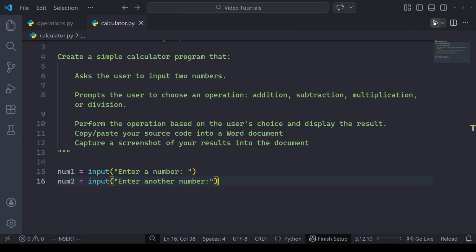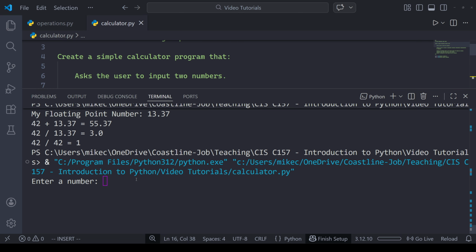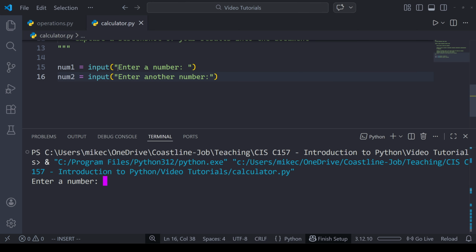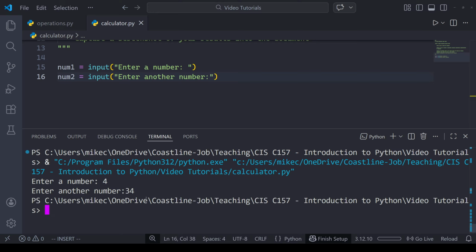So let me run what this looks like right now. And so you'll see the program runs and it's kind of paused at this first input statement. Scroll down here, enter a number, and you can see there's a nice space after the colon where the cursor is flashing for the user to input a number. So I'll do 4, and then if I hit enter, it's going to move to the next line of code, and it says enter another number, and then you'll see right here, the number is kind of right after the colon. It's just a matter of preference or opinion. I don't think this looks as clean, which is why I like to put a space after my user prompts when I'm using input. But again, both of these technically will work. And I'll hit enter there.